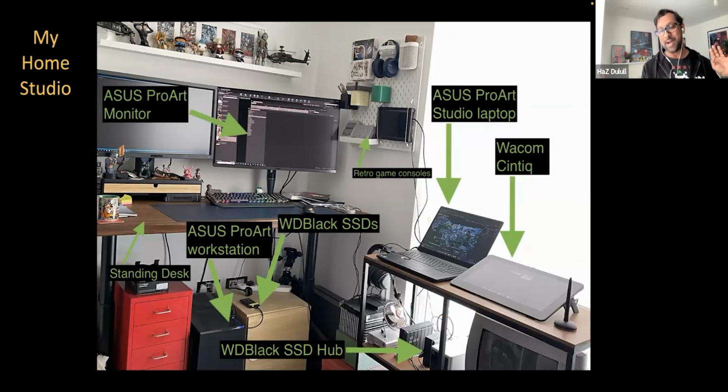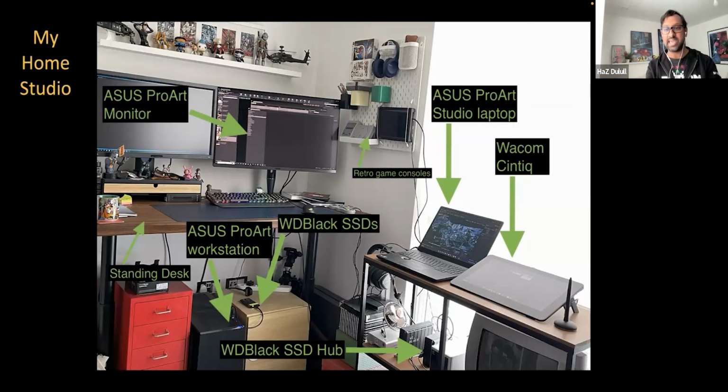I always show people this. This is what my office looks like, just in case people want to know what a director's office looks like, especially a director that works in Unreal Engine. Yes, I have a lot of retro gaming swag everywhere. It's for inspirational purposes, but you can see here, it's pretty much very heavy with really cool tech.